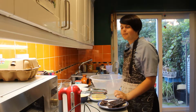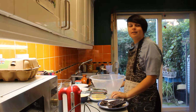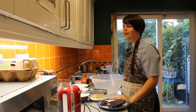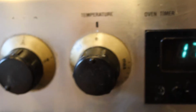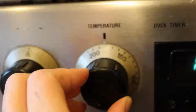Today we're going to be making some brownies, and I love brownies, and these are some really nice ones that have lots of good ingredients. They're great. So before you start, preheat the oven to 180 degrees and grease a deep 23 by 23 centimeters